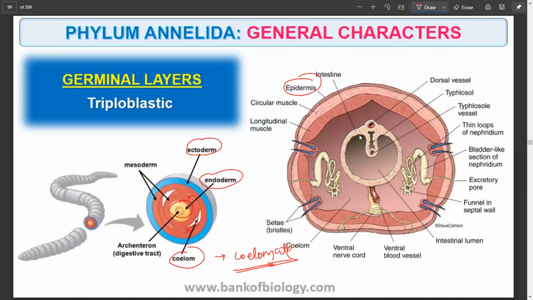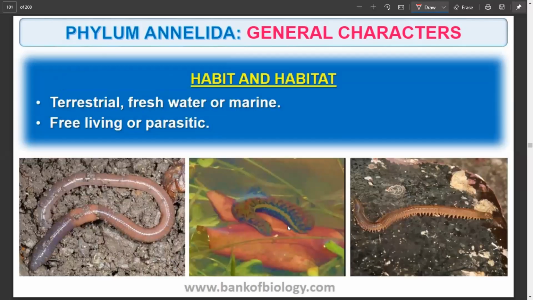Now this is your intestine or the gut, so this is going to be part of the endoderm, and also the muscle is going to be part of the mesoderm, and on the outside it is going to be the ectoderm, and this is going to be the body cavity, or the coelom, as you can see here, and that's where you see some of the organs or structures that are going to be present in this area. So as we are talking about, it is going to be coelomate.